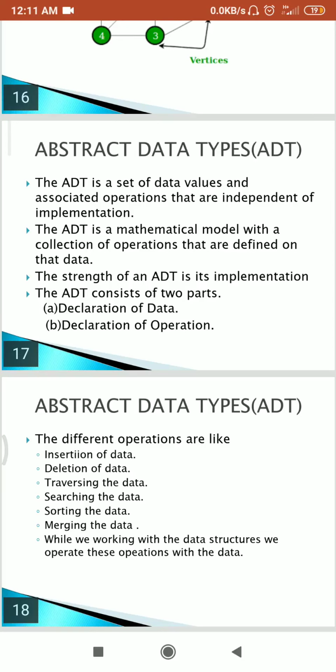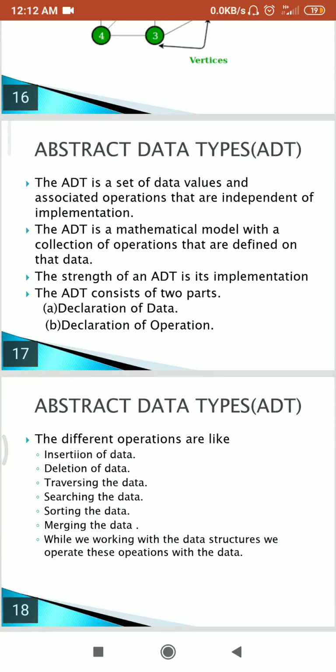What is the ADT? It's nothing but a collection of data along with the associated operations. The operations might be any kind of operations. So basically we have the data in the data structure and we make some operations on the data. So basically this is just an introduction: ADT stands for a collection of data, and we have to declare some